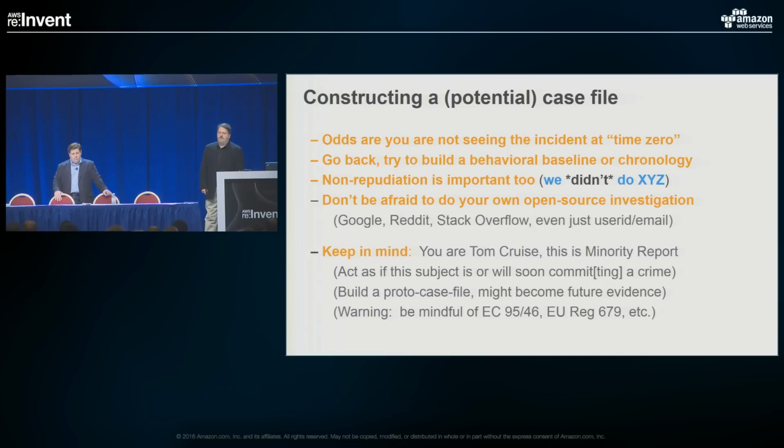I'll issue one final outside US regulatory warning here. If you start to collect things like IP address and browser behavior and browser agent identification and time of day and IP addresses of access, you may unwittingly be violating such EU strictures as EC 9546 or whatever EU regulation is about to supersede 9546 this year, next year. Be careful about this because you may end up violating non-American statutes in a way that you didn't intend to